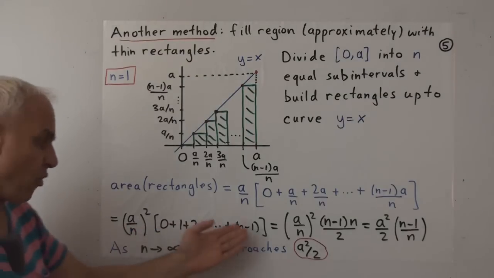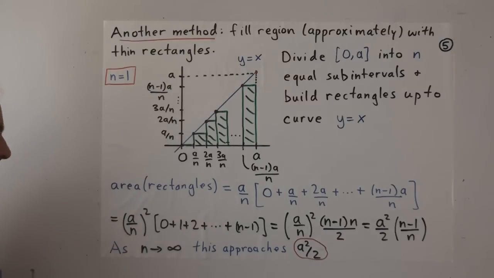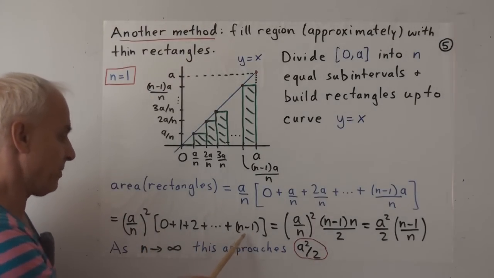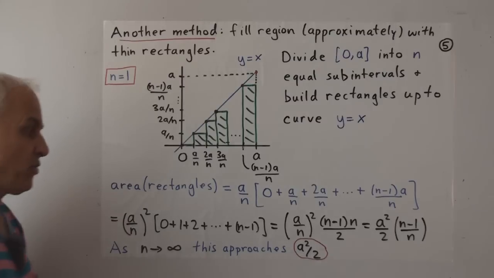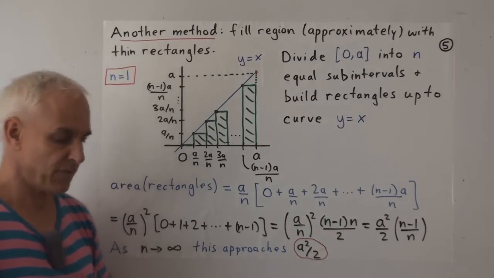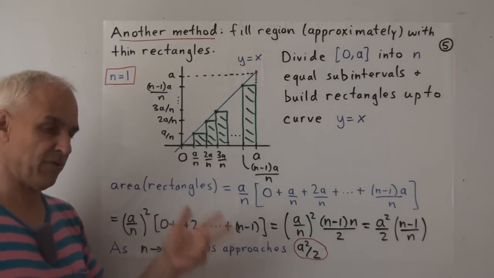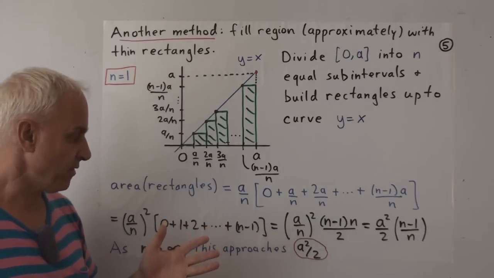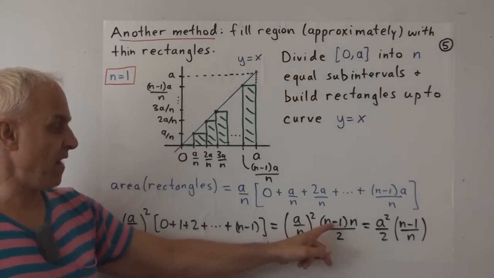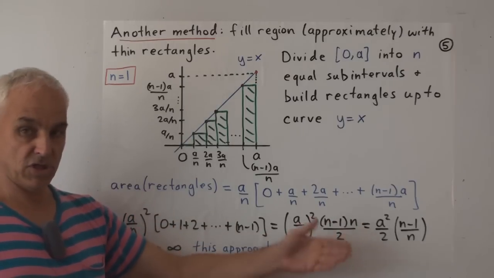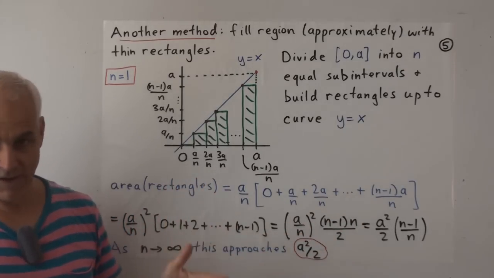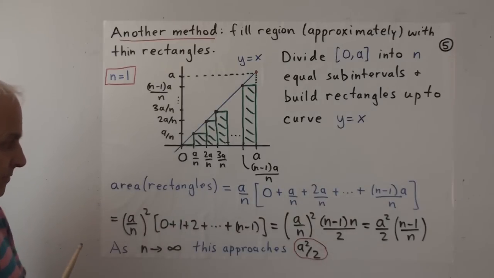And there's a well-known formula for this that was well known to the ancient Greeks, that if you add up the numbers from 0 or 1 up to n minus 1, then you get n minus 1 times n over 2. So for example, 1 plus 2 plus 3 plus 4 plus 5, so if n happened to be 6, and n minus 1 would be 5, then this formula would be 5 times 6 over 2, which is 30 over 2, or 15. And 1 plus 2 plus 3 plus 4 plus 5 is indeed 15.